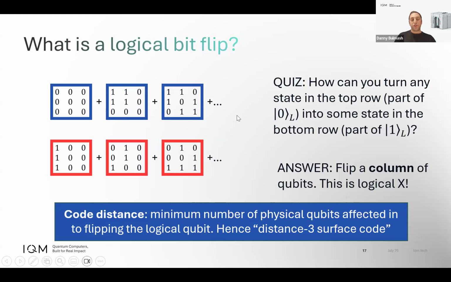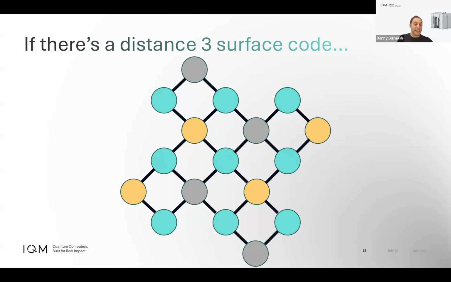Okay, and I should mention that this code distance tells you something about how many errors you can detect. So this tells us that if there are 3 specific errors, then we get a logical error. We can accidentally turn 0 into 1. So certainly you can't say that this code will detect 3 errors, because there's a set of 3 errors that messes up your logical bit. And so the code distance actually tells you, roughly speaking, half the code distance is the number of errors that you're able to correct. There's a -1 in there, or a floor function. So if there's a distance 3 surface code,